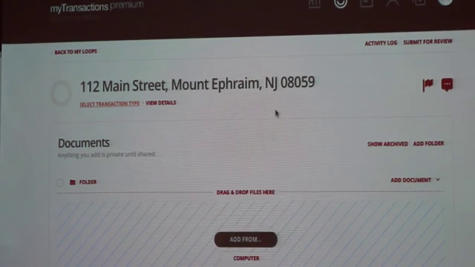So this is going to be my loop. Each loop has individual folders in it. You want to create specifically, especially when you have a listing, you're always going to want to have at least two folders in that loop, one for the listing documents and then one for the buyer documents. So this way, if that buyer were